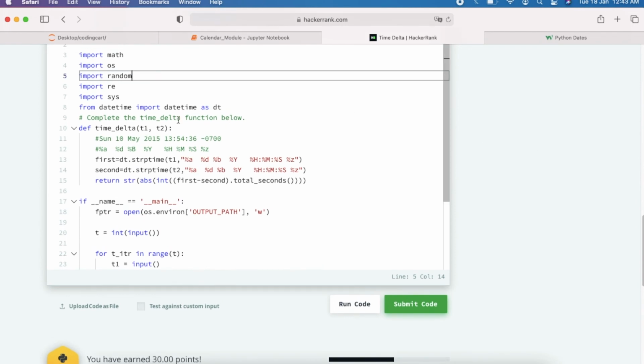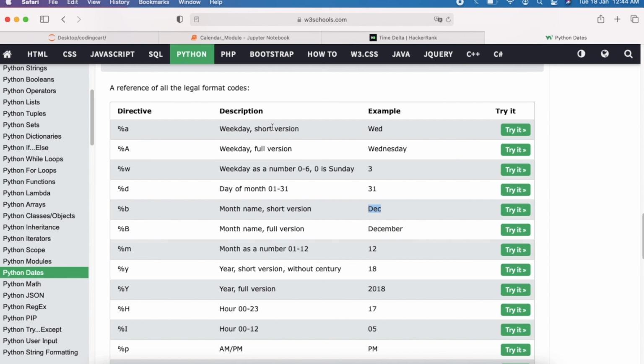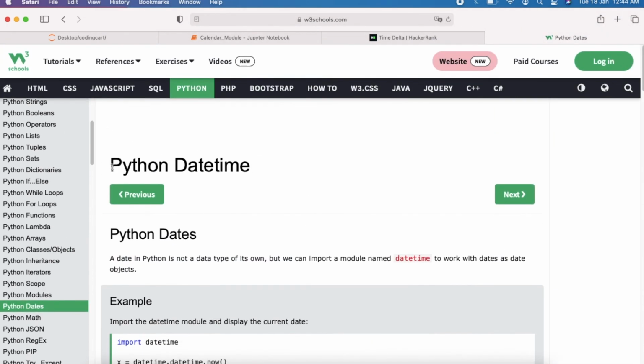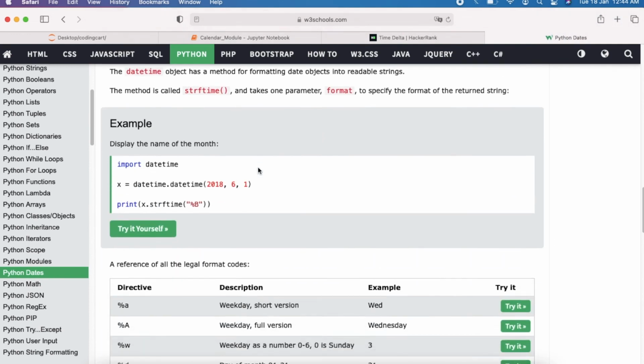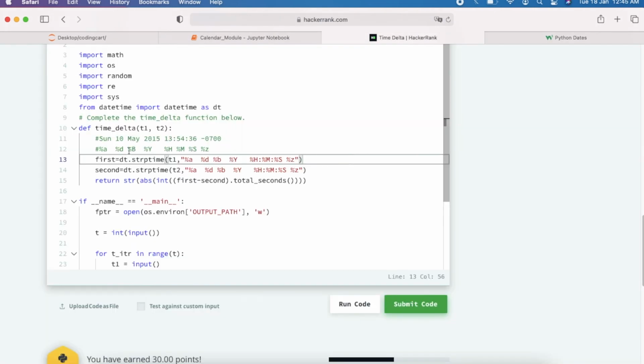So this was the problem in which we had to learn about the strptime function, in which we convert the date into datetime format like this one. And also here we have learned about strftime. Like you can see we have used %B for getting the full version of the month name, and %d for getting the date. And if you want to use other formats as per your requirement, you can go through this W3Schools date and time chapter, and you can check out this box in which they have given all the required formats. So we can use this as per our requirement. So that's all for this problem.